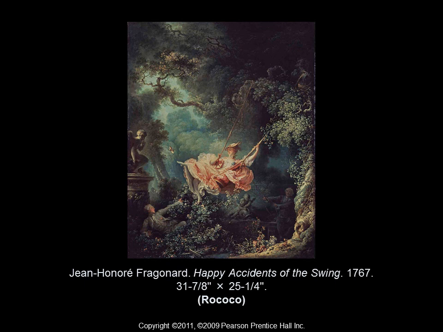If you see, the woman on the swing is kicking her leg up, which basically exposes underneath her dress. She's also kicking her shoe off, the shoe revealing the ankle and the foot, which were considered erogenous zones, meaning that they were sexy at the time. There's also a man in the bushes able to see into her skirt, and curiously there's a man in the back that's encouraging all this by pulling the swing back and forth.